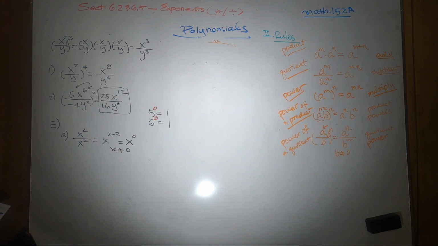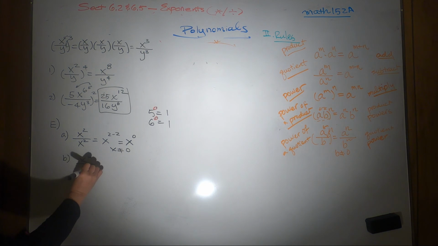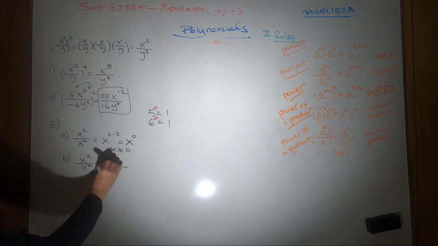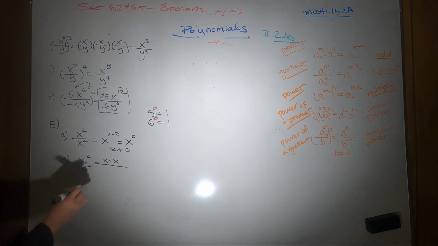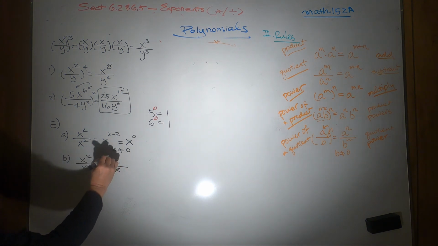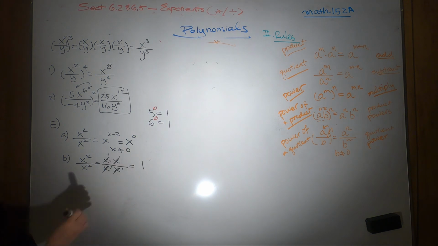Another way to do it is what? If we look at it this way: x squared, right? x squared means what? x times x, itself twice. Same thing, it's all multiplication and division, right? So you can cancel out. So what do you think the answer would be? It would be 1,